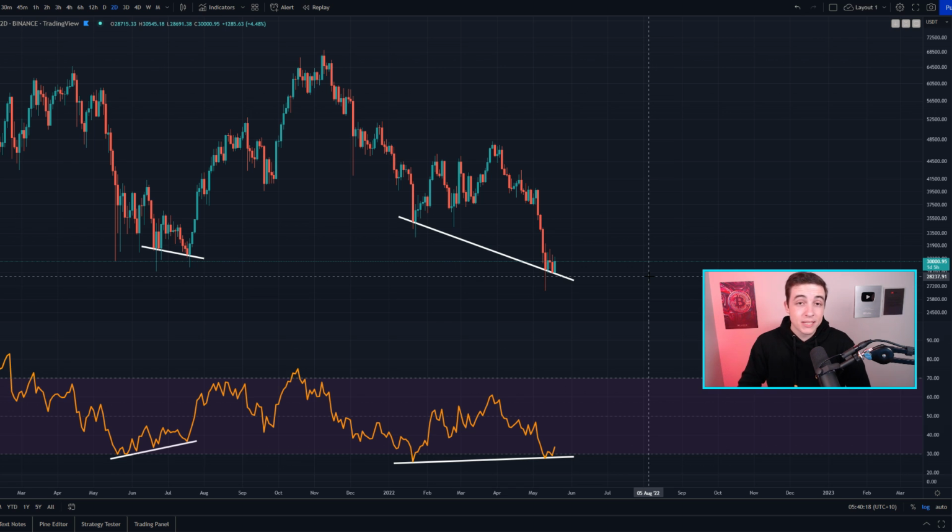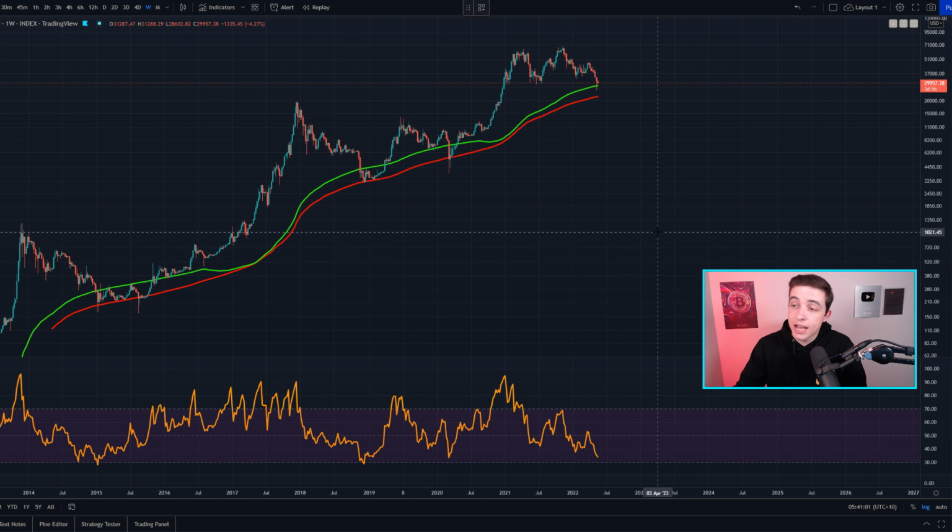And so that's just something to keep in mind when I say that we could be due for some sideways price action, relatively speaking, on the larger timeframes. Once again, on the smaller timeframes, they could still look like significant moves in the Bitcoin price. And now zooming out to the weekly Bitcoin chart, and right now we are really close to that massive accumulation